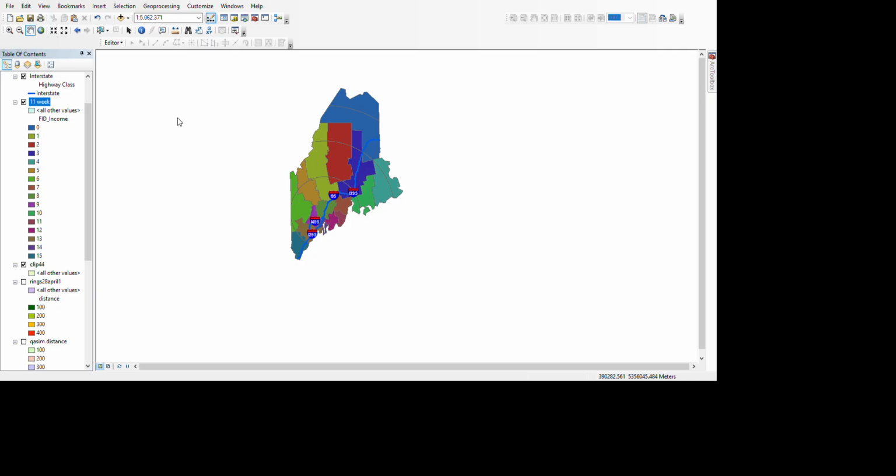And after that, after we dissolve based on distance, as we have calculated the weighted income for different parts, now we need to summarize them together to get the average income for different bands. So we need to sum the weighted income within each distance band. So for this, we should find in the